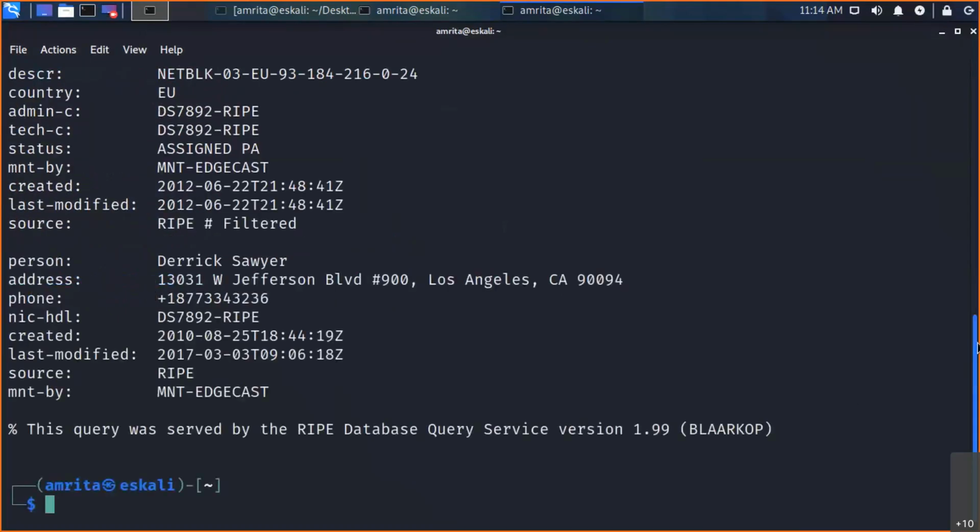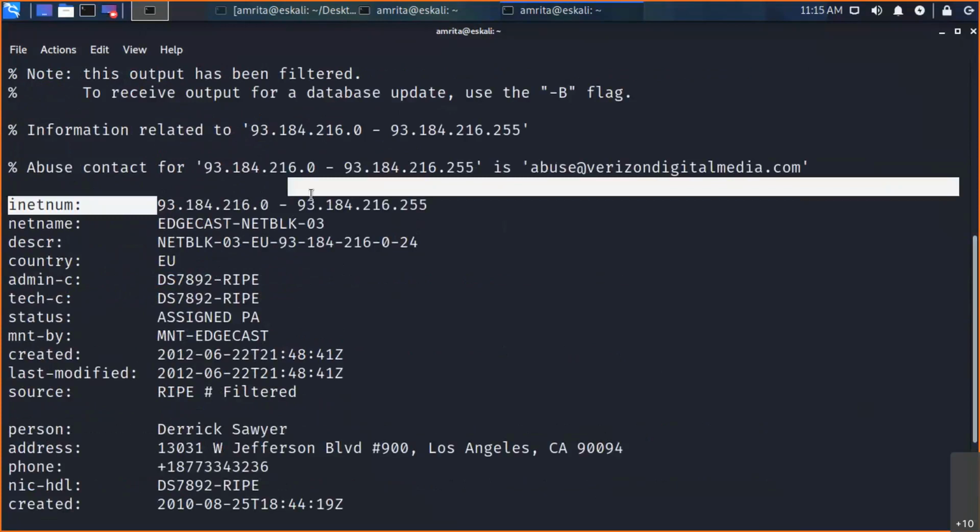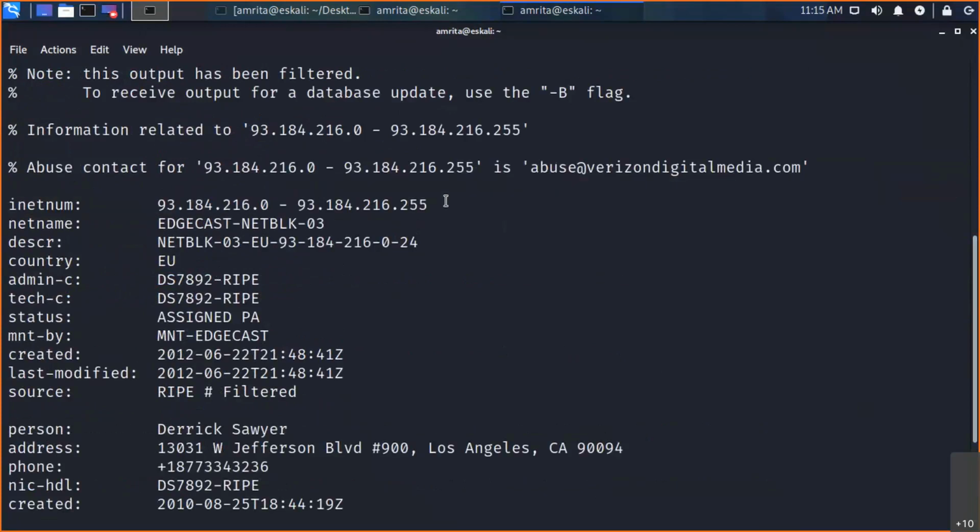By doing this, I have got a lot of information. First is the IP range. These are the IPs assigned to that organization. Why is this information important? Because if there is an IP, they may have some domains associated with it.